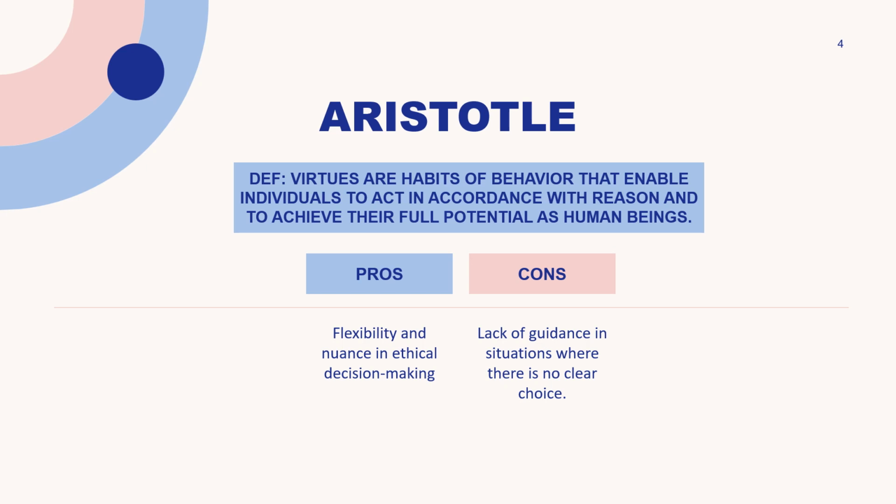Moral virtues such as honesty, courage, and compassion are central to Aristotle's ethical theory, as they enable individuals to act in accordance with reason and to make ethical decisions. One of the main advantages of virtue ethics is its emphasis on character and development of the moral virtues, which can have a positive impact on individuals and society. Virtue ethics also allows for flexibility and nuance in ethical decision making, as it focuses on the overall character of individuals and their actions rather than adhering to strict rules or principles.